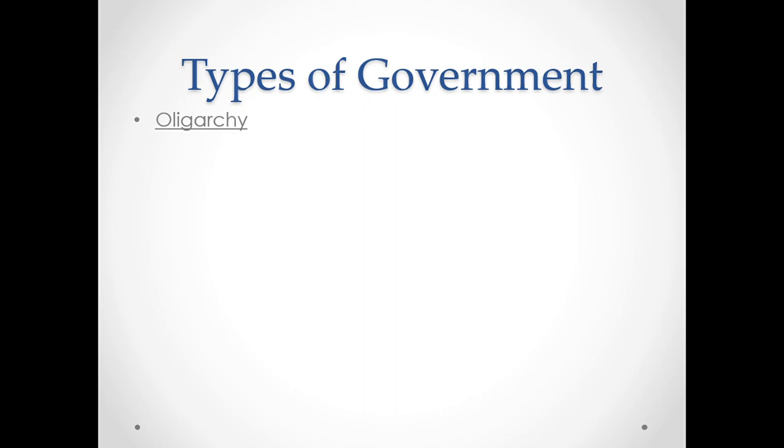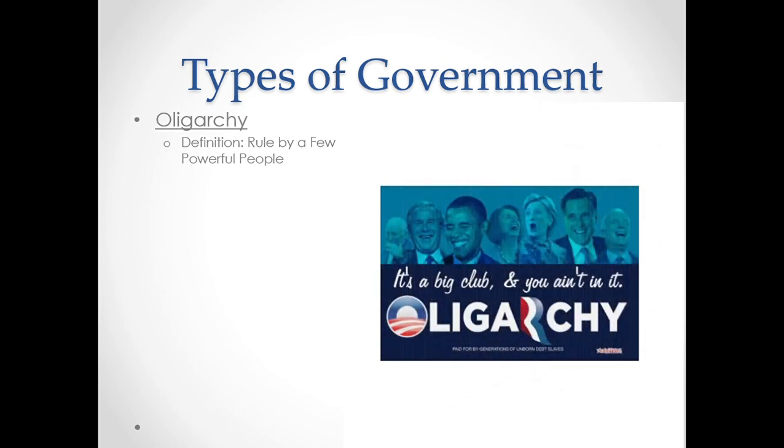So the next type of government is oligarchy, and I like to talk about oligarchies because they're just an interesting group. Generally, it just means that a few people at the very top, they're either really well connected to the military and they've got the backing of the nation's military, or they're just insanely rich and they can buy people off. Usually it's a small group of people, and they're the ones making the decisions. And this picture that's showing up, it's kind of a joke because in the last few elections, a lot of the people running have been related to one another.